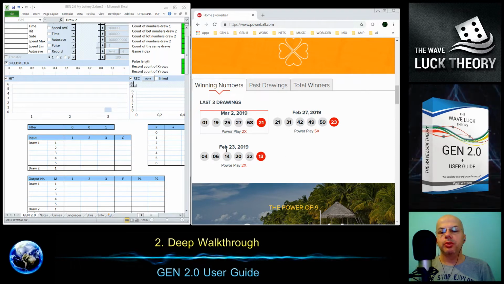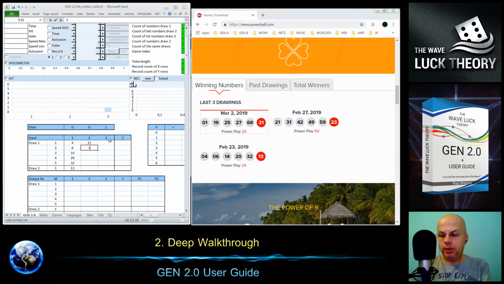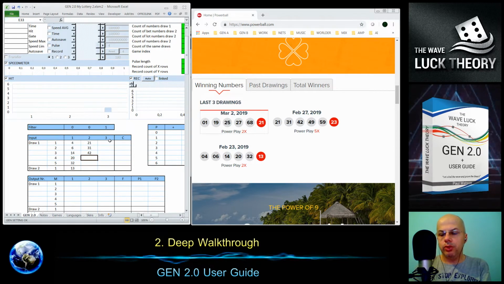So we start with the oldest one, which we put to the first day, and the first draw numbers are 4, 6, 14, 20, 32, and the second draw is 13. Then we have the second day, February 27: 21, 31, 42, 49, 59, and the second draw is 23.